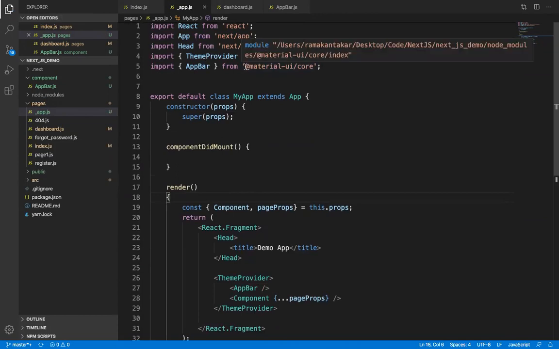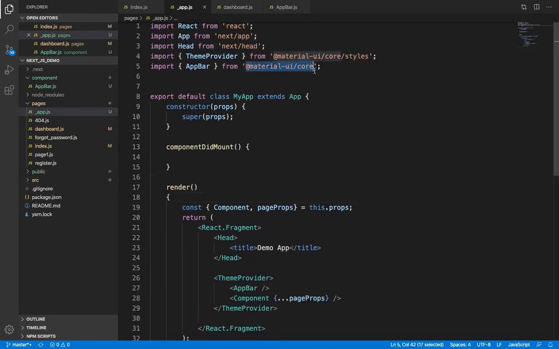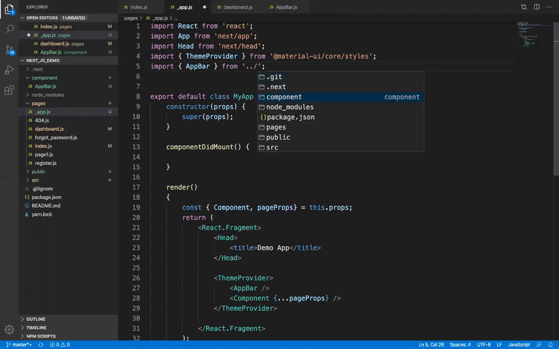The app bar we will import from our own file. So this is our app bar, not the material UI app bar.